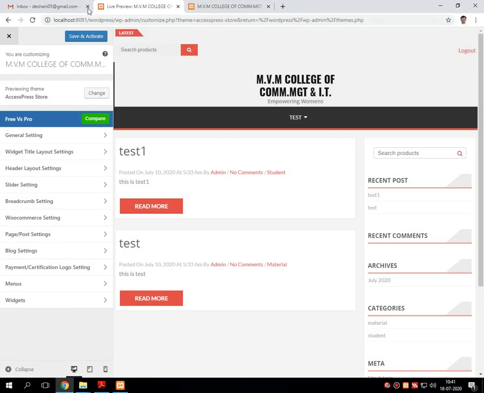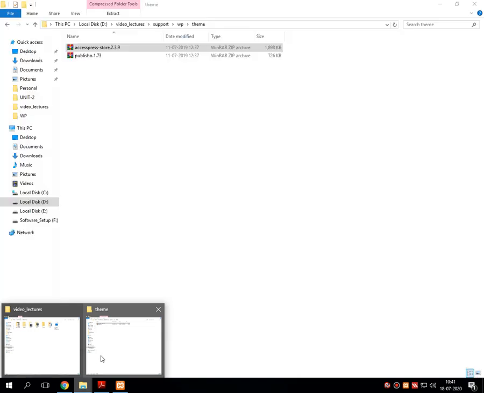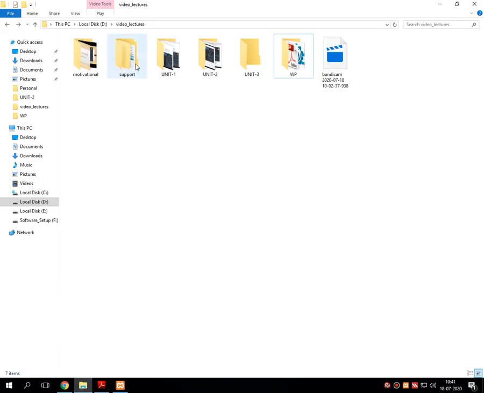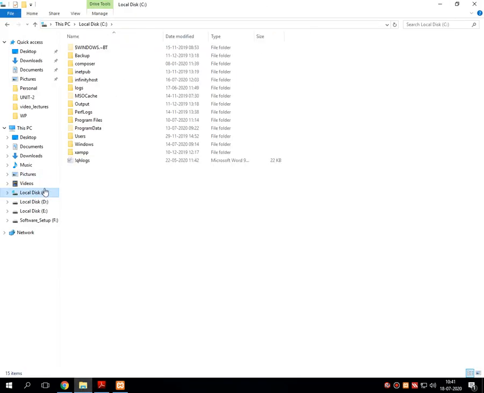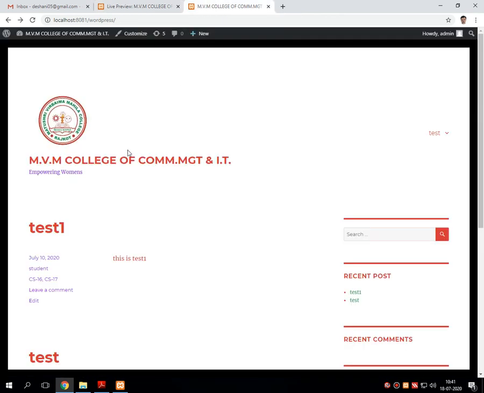So in our next session, we will go into the details of the theme that we have installed. That means my theme got installed successfully into WordPress. Now what? We have to look at the folders in which that particular theme got installed and works properly for WordPress.